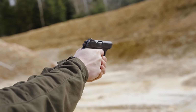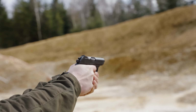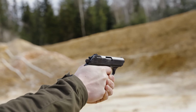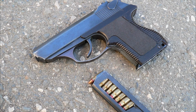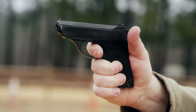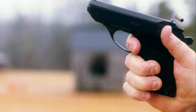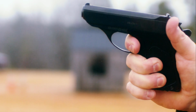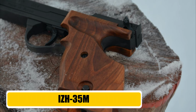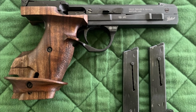Tracking one down typically involves private sales, estate auctions, or tapping into niche Soviet surplus circles. American import laws prevent a smooth acquisition process, so serious collectors often rely on specialized dealers or international sellers with leftover inventory. Now, let's shift gears to a Soviet pistol made with the competition firing line in mind, the